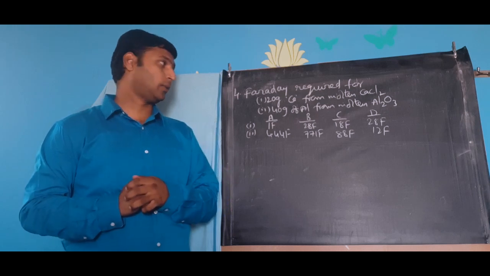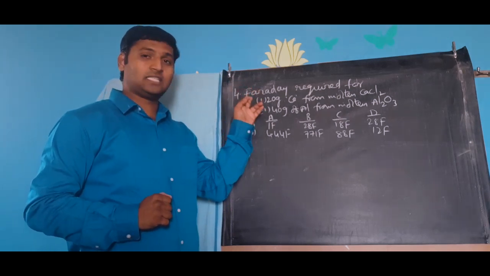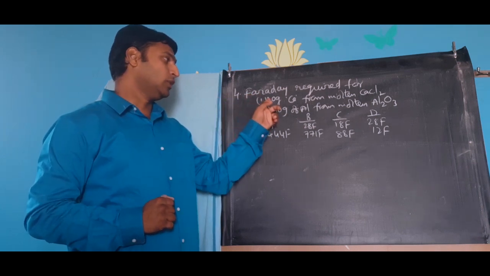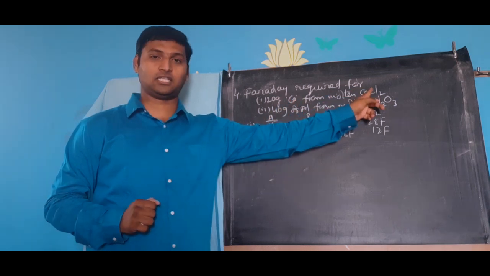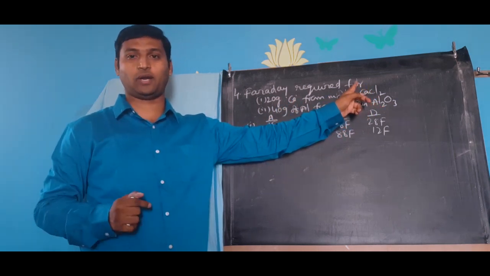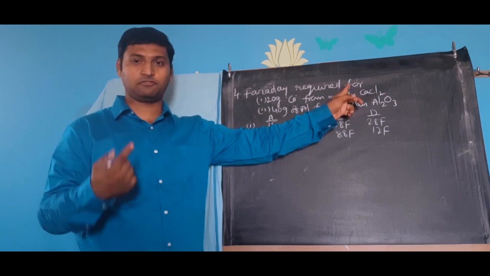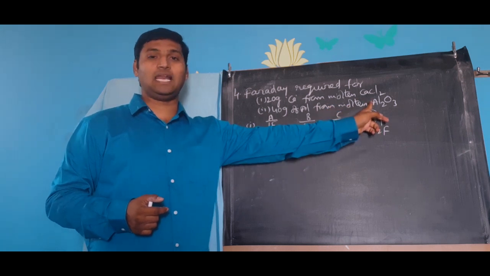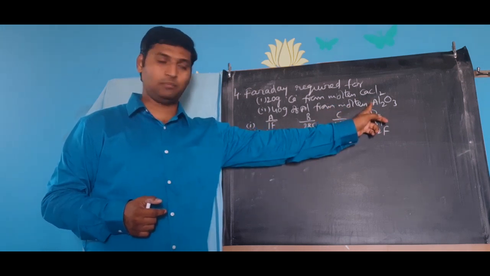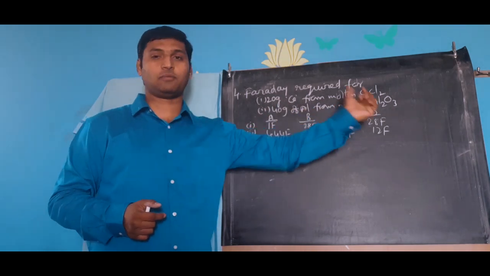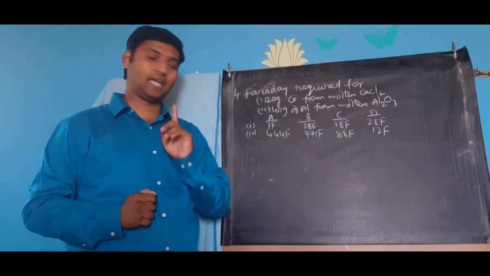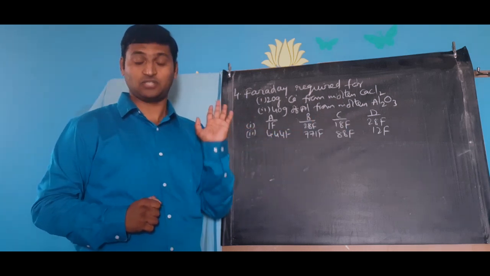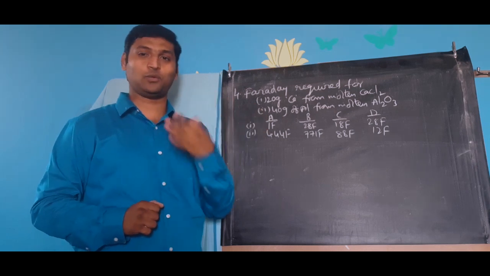Now if you move on to the fourth question, again, charge required is asked by giving quantities of the substances to be deposited. You need to deposit 20 grams of calcium from molten calcium chloride. How many Faraday will be required? Not in terms of coulombs, but in terms of Faraday he is asking you. 40 grams of aluminium has to be deposited from molten alumina. Aluminium trioxide is otherwise called alumina. How much charge is required? Again, as I told you, for both questions none of the options are the same. That's why it is enough if you solve one, and you get your answer.